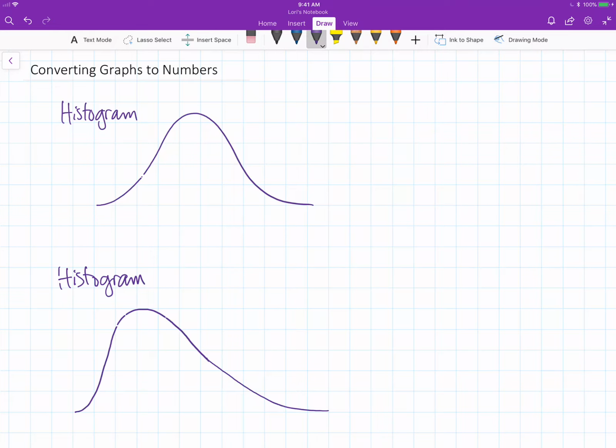Welcome to this discussion on converting graphs to numbers. I always like to think about doing things in reverse because I think it really helps people grasp some of the more fundamental concepts in a different way. The more ways you can think about something, the better. So let's take a look at what happens when we convert graphs backwards into the numbers that